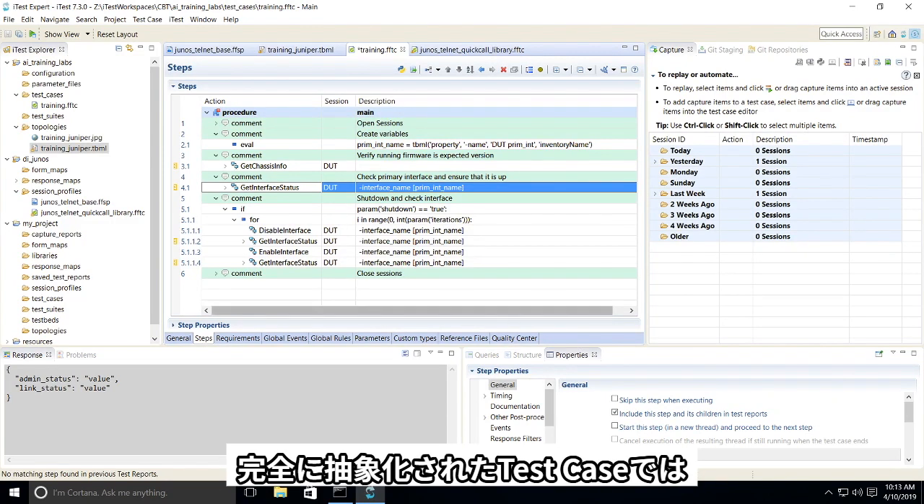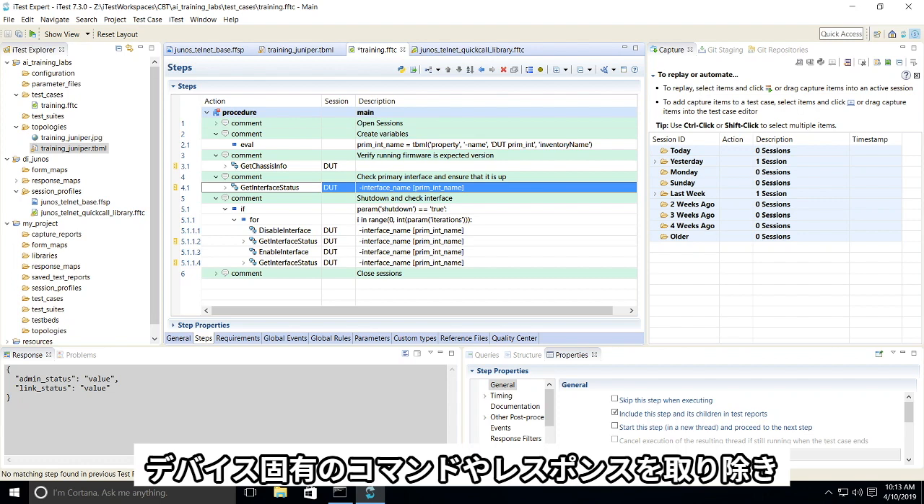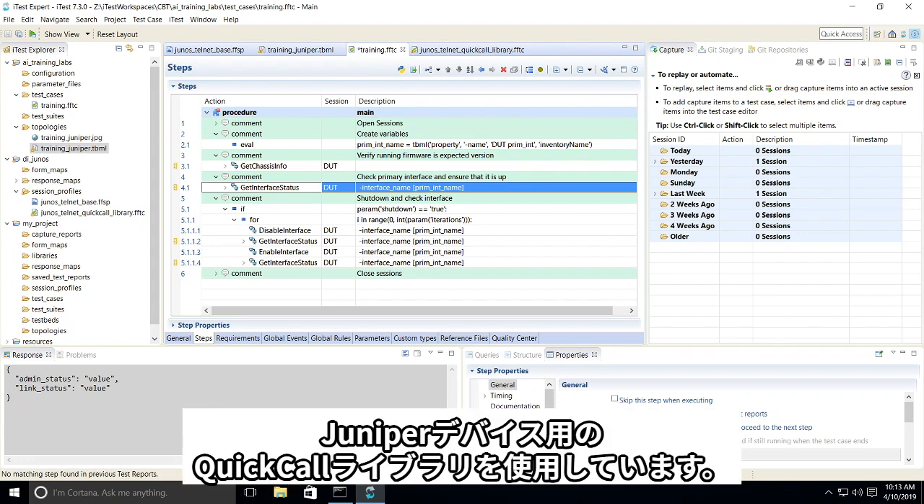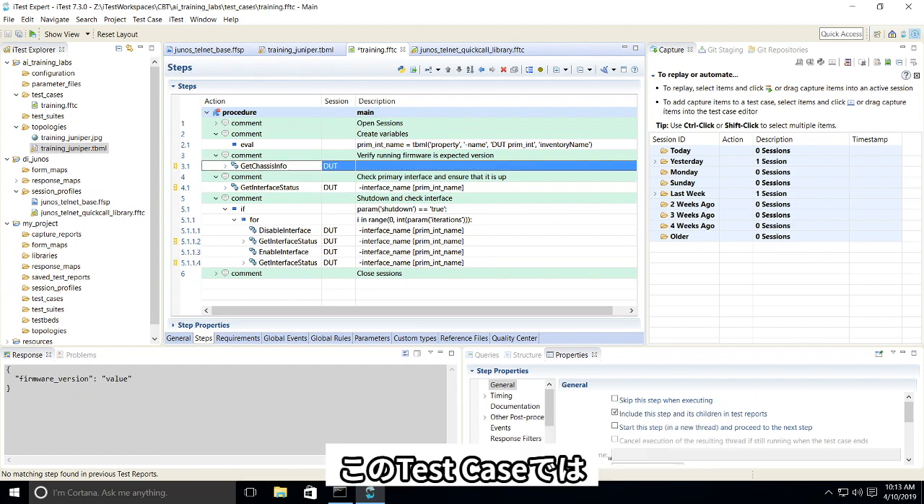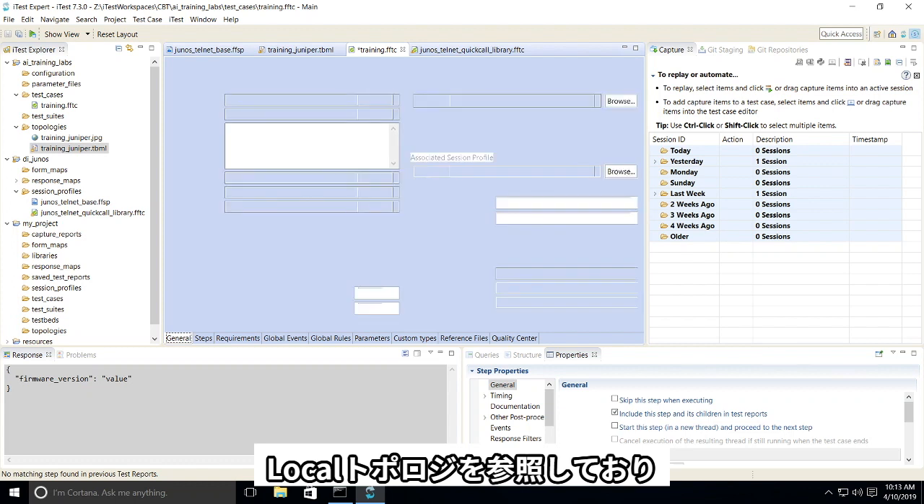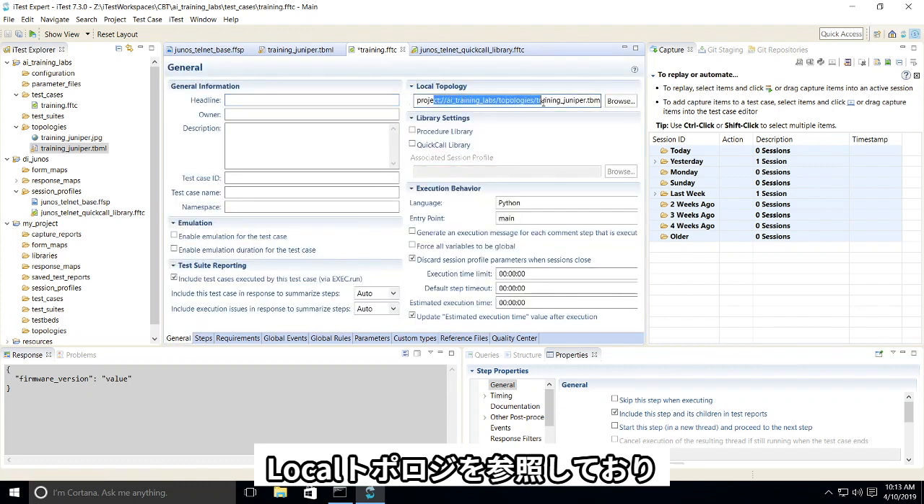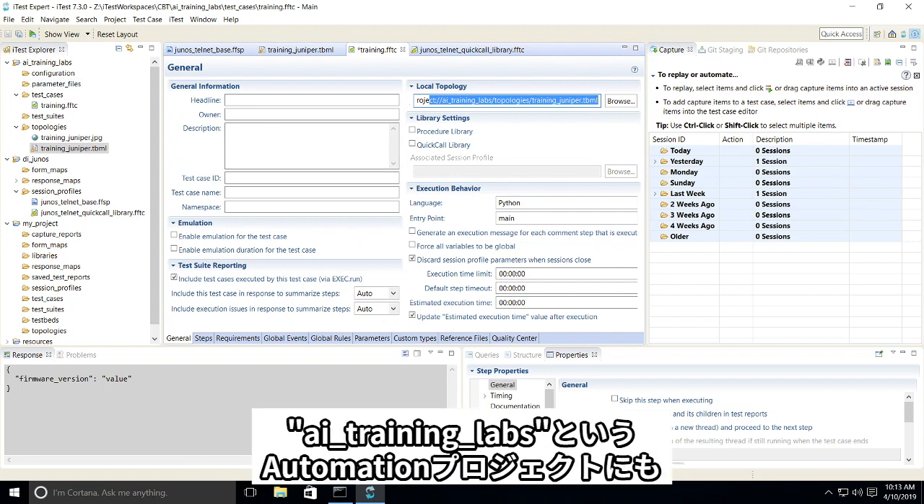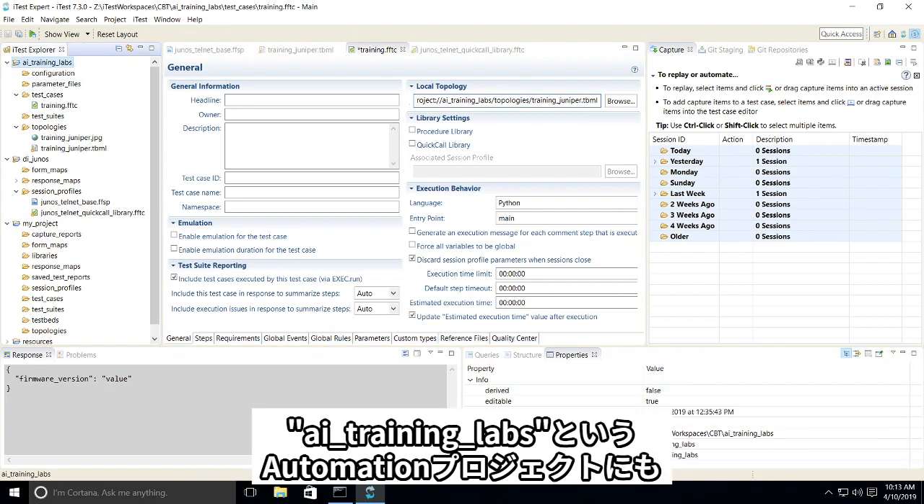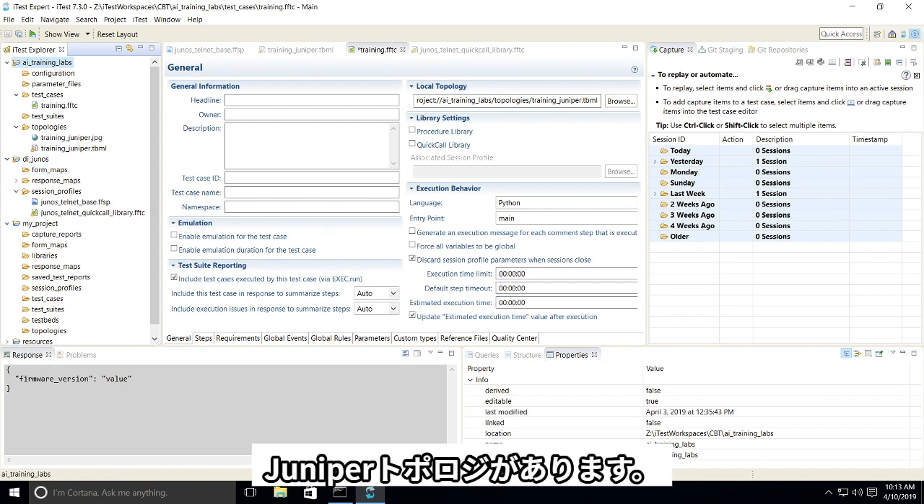We're looking at our fully abstracted test case. We've removed all the device-specific commands and responses using a quick call library that we built for our Juniper device. This test case is referring to a local topology called training.juniper.tbml. It lives in an automation project called AI Training Labs, where the Juniper topology lives as well. If we take a look at that topology,